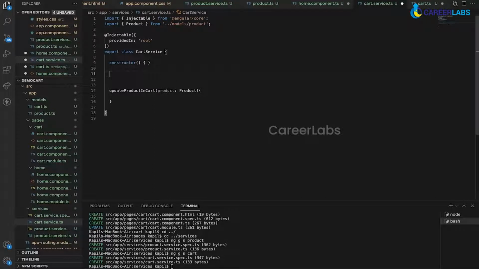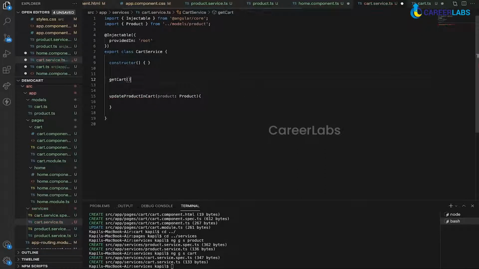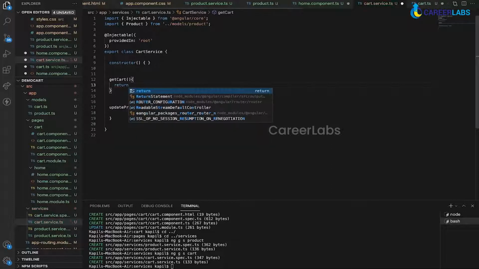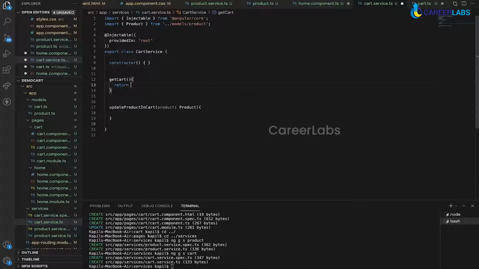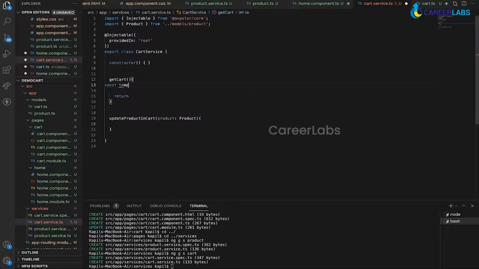So first thing, to get the data from cart, let's create a get cart function, and this should get the data from the local storage, that is a cart. So here we will be returning something, but before returning, let's get that cart. Let's give it the name temp cart,